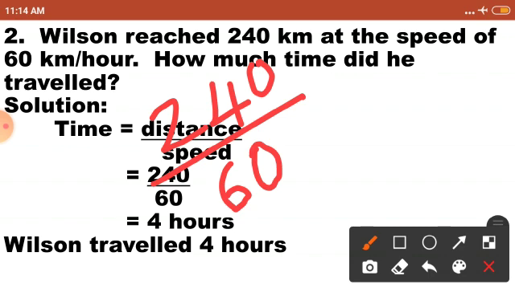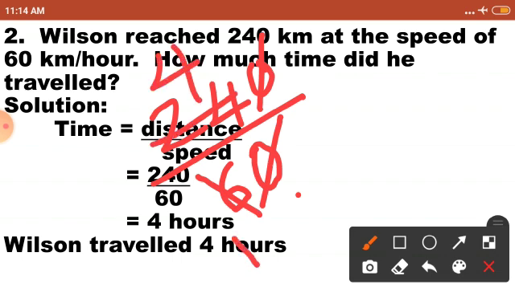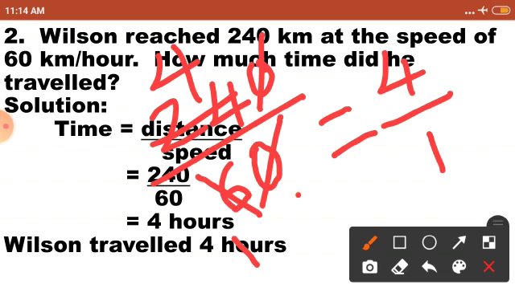Now see, in the numerator's place the ones place is 0. Likewise in the denominator's place the ones place is 0. So if that happened, you can cancel both of the 0s. After cancellation, what did you get? In the numerator's place you got 24 and in the denominator's place you got 6, right? So you can cancel both of these numbers by 6, right? So see, 6 1s is 6 and 6 4s are what? 24. Now what did you get in the numerator's place? 4, divided by what did you get in the denominator? You got 1, right? So 4 divided by 1, what will you get? You will get 4 only. So 4 hours is the answer.